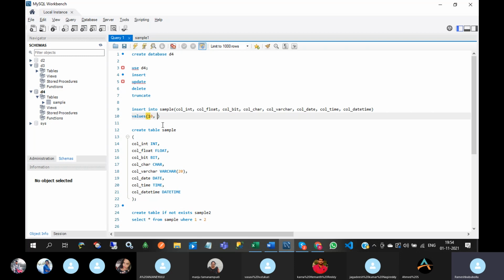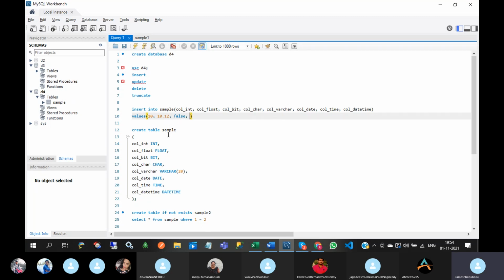I am going to give 10. The second column's data type is float, so I am going to give 10.12. The third column is bit, so I have to give only 0 or 1. I am going to give 0, or you can give false. False means 0, true means 1.